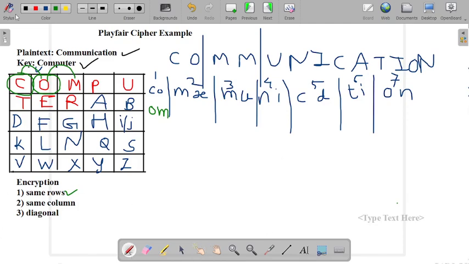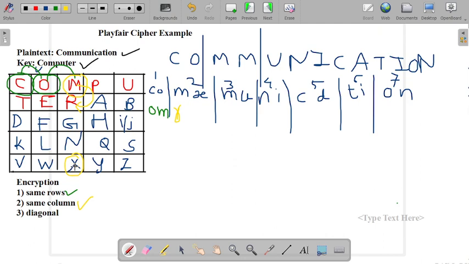Now we will do it for the second group. The second group consists of M and X. So this is our M and this is our X. Now these two alphabets are there in the same column. So whenever the characters or alphabets are there in the same column, then we need to take the character or alphabet below it. Now for M, we can write it as R, and for X, we can write the